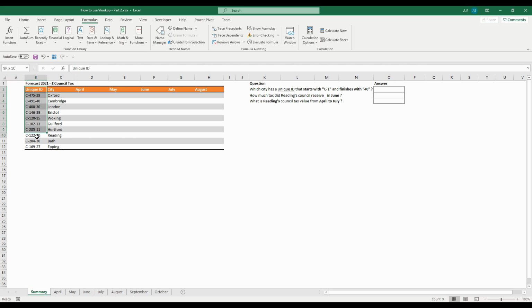So if we look here at column B, this is where the unique IDs are. We know that every single unique ID starts with C, dash, 3 numbers, dash, 2 other numbers. So we can start writing our VLOOKUP function. Let's call it by pressing on your keyboard equal VL, press tab, and now what we know is our lookup value starts with C-1,